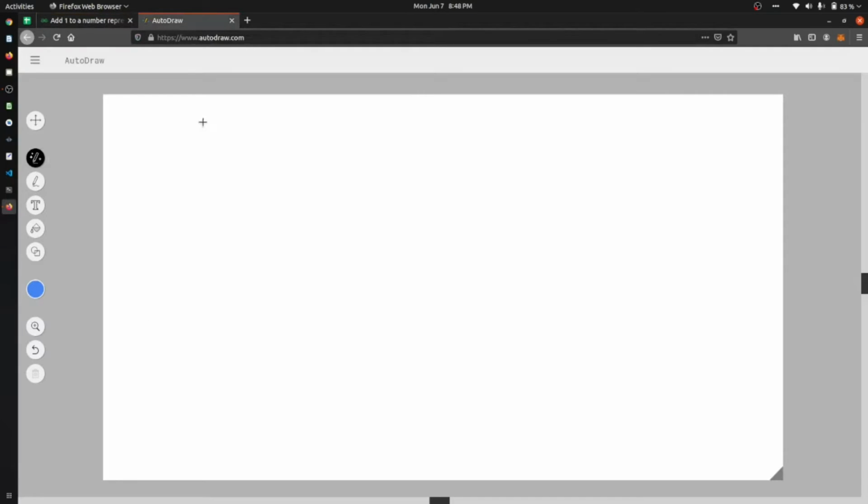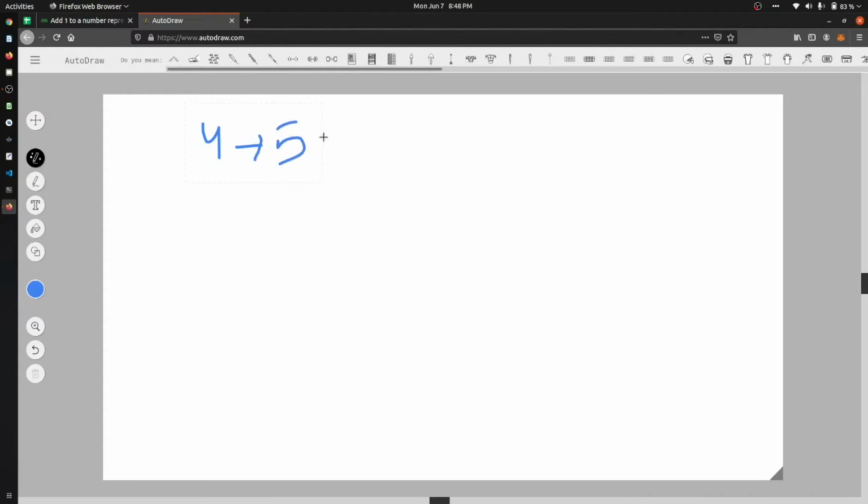Let's say that we are given a 4, it is pointing to 5, then again it is pointing to 6, and it is pointing to null. So how can we add one in there?